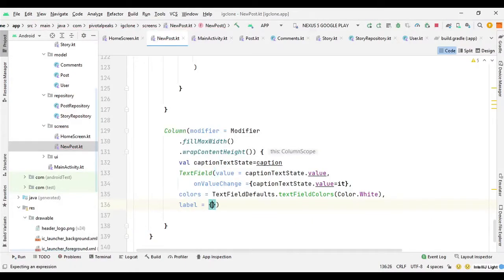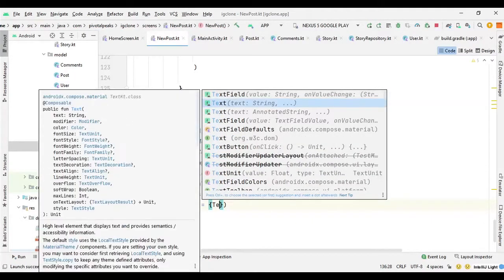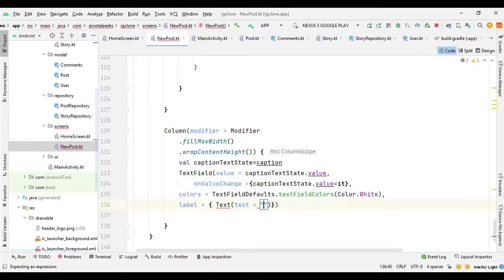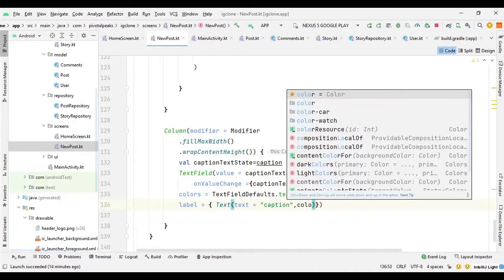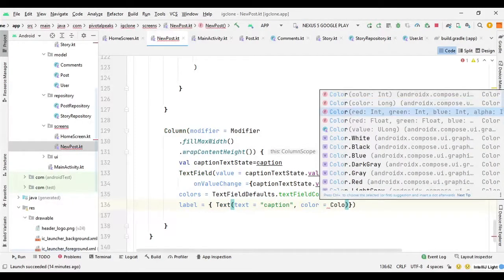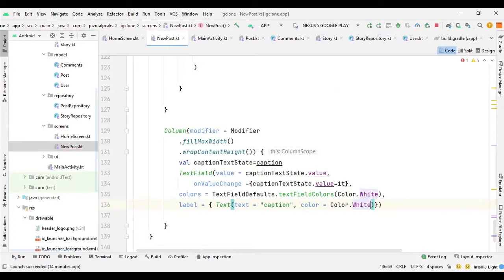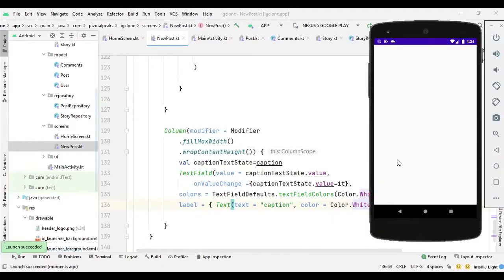So for label we can say text, and here we can say caption. Let's also give it a color, so color dot white, and I don't think I am missing anything else. So actually let's run it and see if everything is fine.